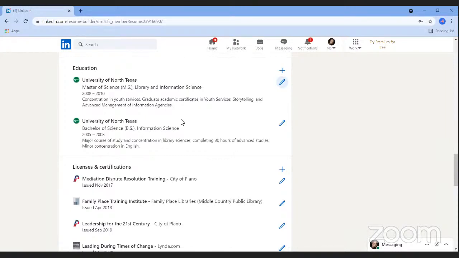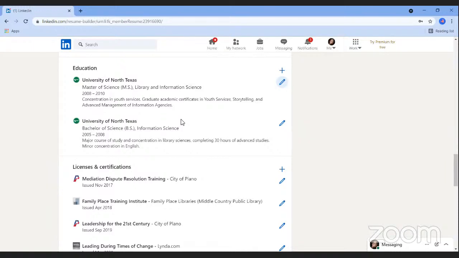Now, your education section is often the shortest portion of your resume, and most entries are going to be 30 words or less. It's really just highlighting what degrees you have and maybe 1 or 2 details. If the job that you're applying for requires a specific degree, make sure that yours is included on your resume.